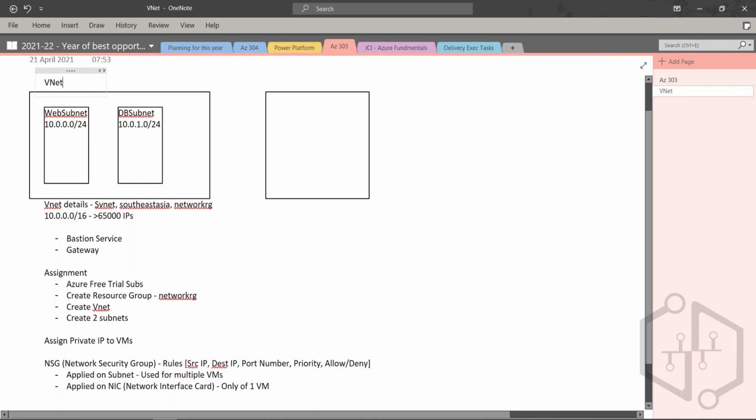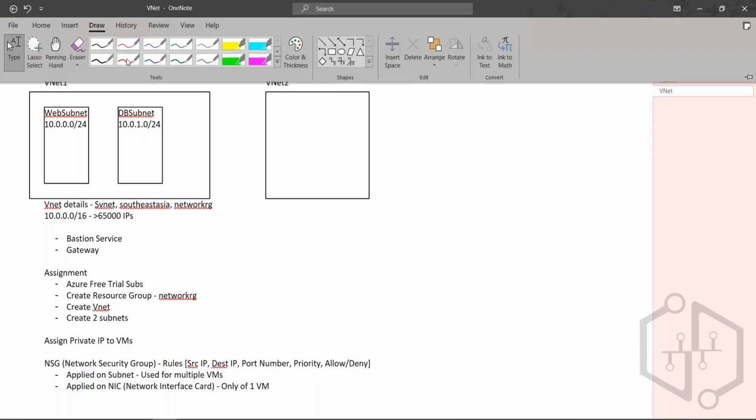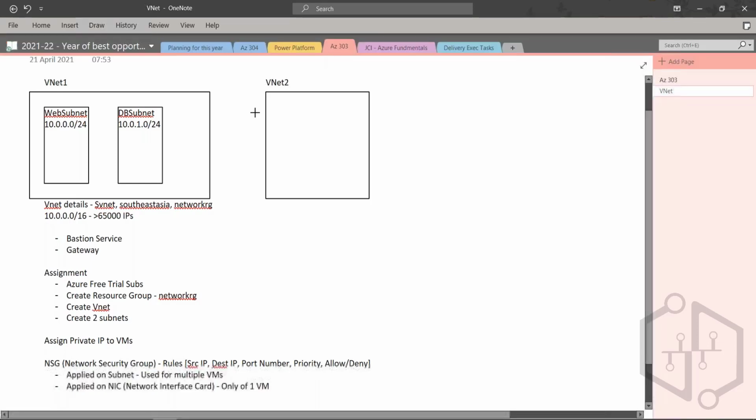Let me call this VNet 1 and this VNet 2. If I want to enable communication between machines which are in both the environments, what I need to do is enable communication between these two machines by using VNet peering,